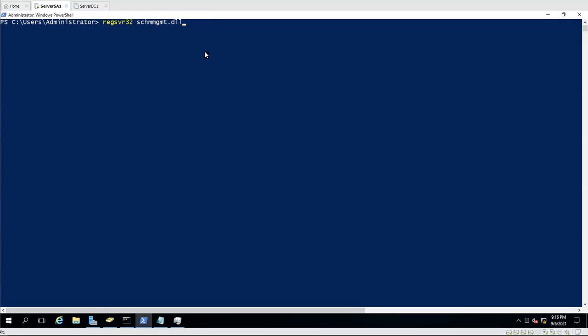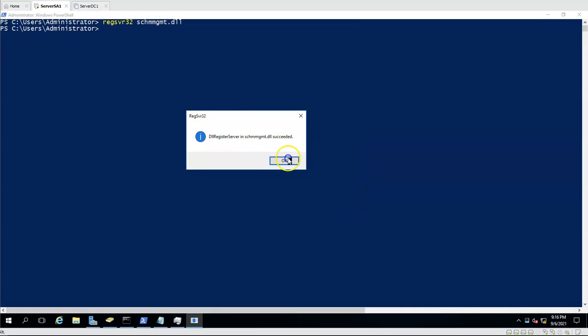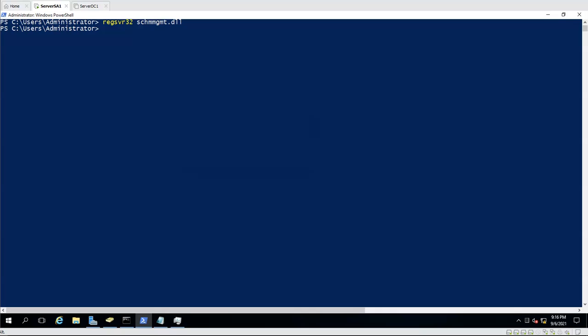A DLL is a dynamic link library file, which is kind of like an executable. So let's make sure: schmmgmt.dll. Hit OK on that. So it succeeded. Not a lot to it, but it let us know that